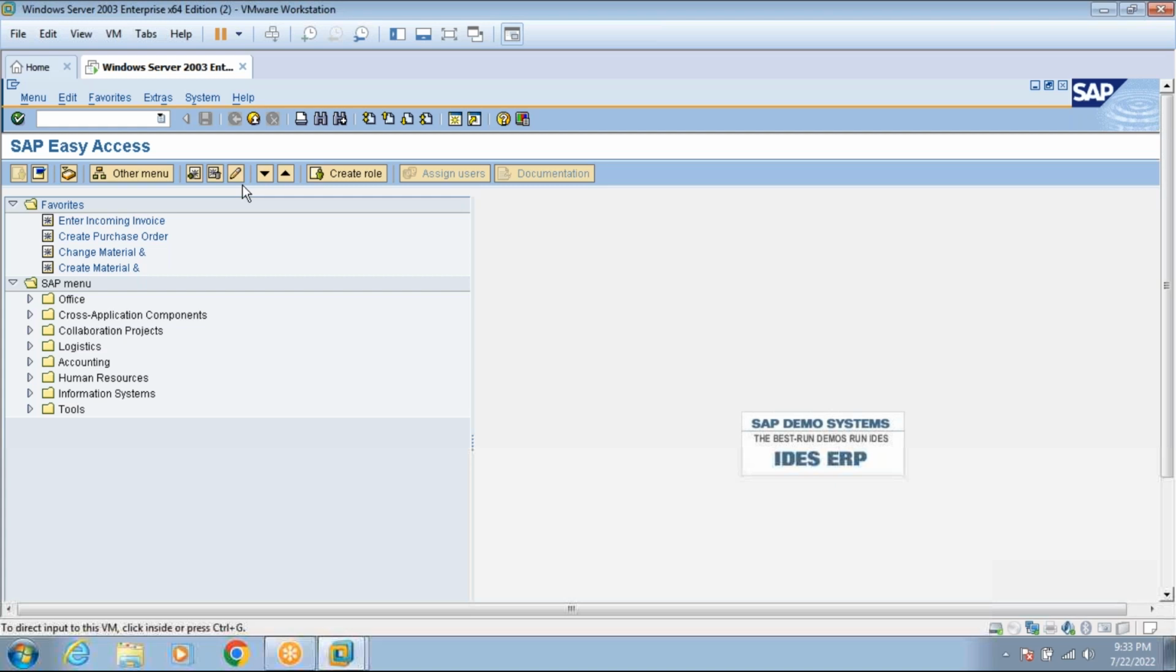And then after creating the PO, we need to create the GR, right? By giving the PO number and check whether that goods receipt system is working or not. And at last, we need to create